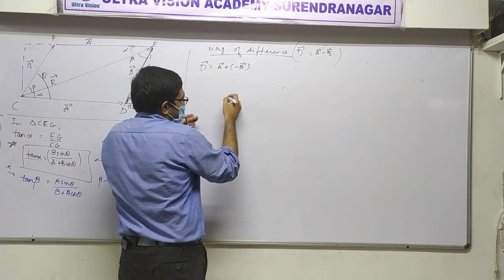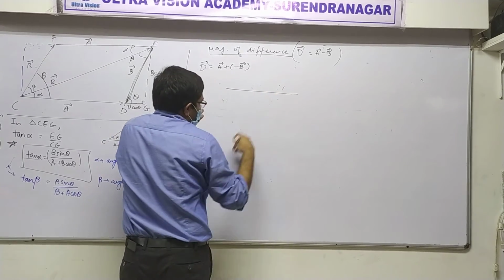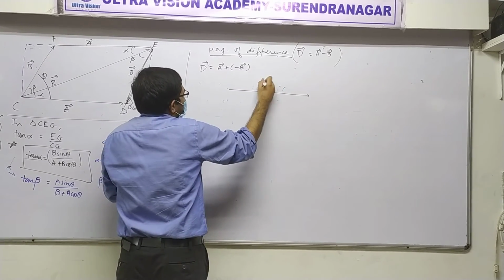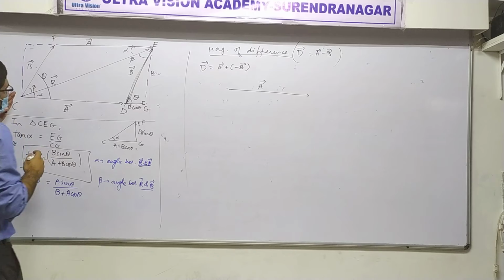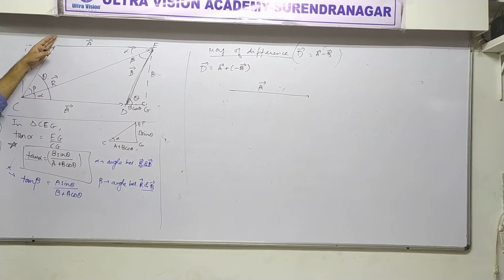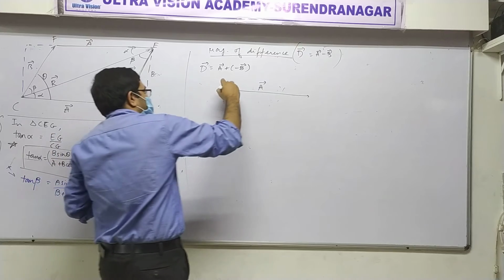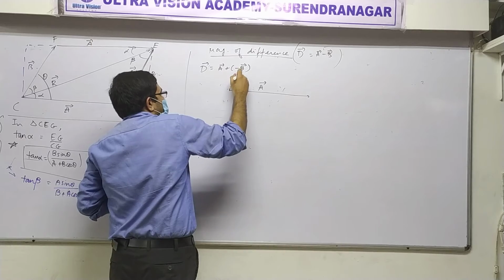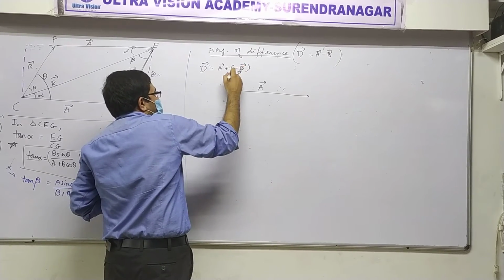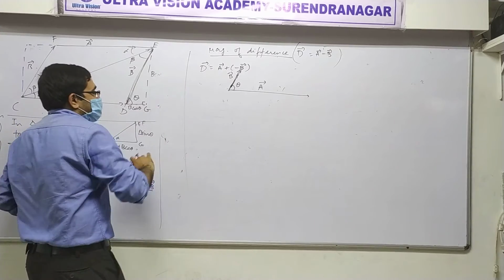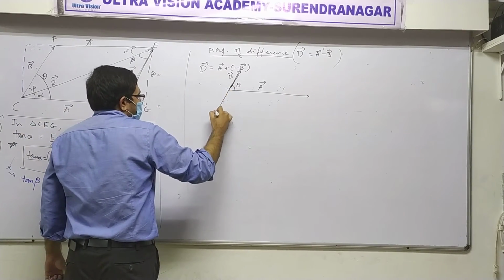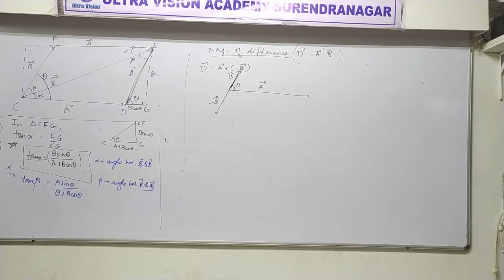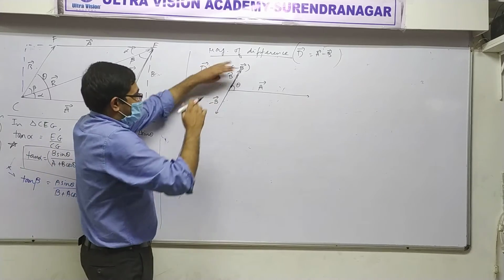Leave space below it when you draw it. If you are near the end of the page, draw it on the next page. So this is A vector. B vector was going that way. I will draw a dotted line here, showing the direction of B vector. This angle was theta. Now I am going to reverse it, and we now have minus B vector here. Now ignore this B vector.